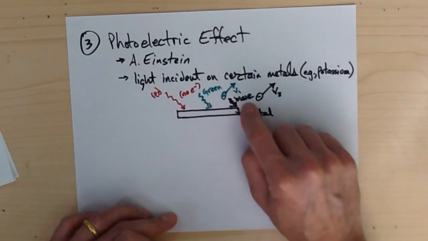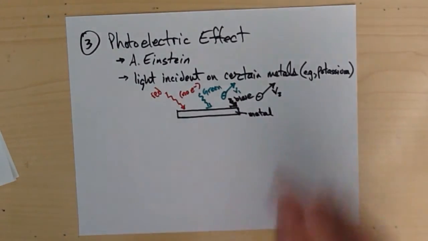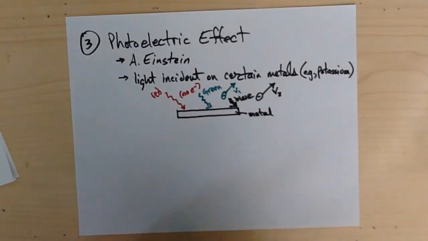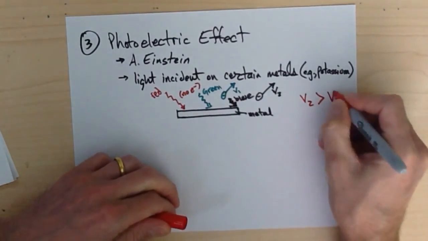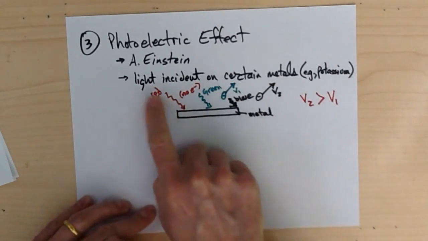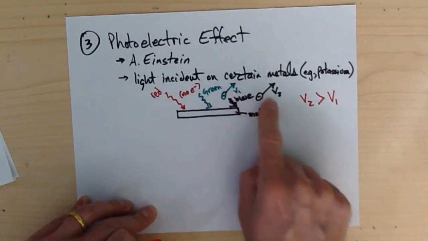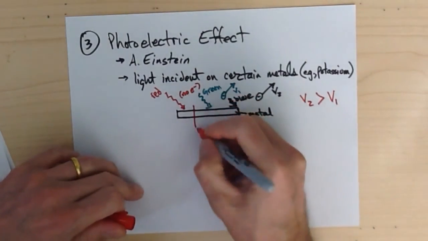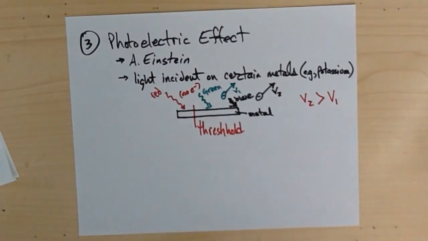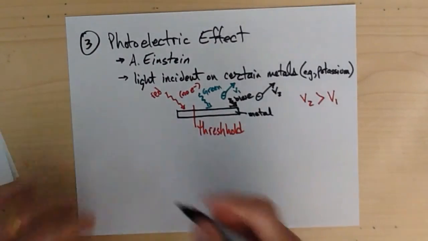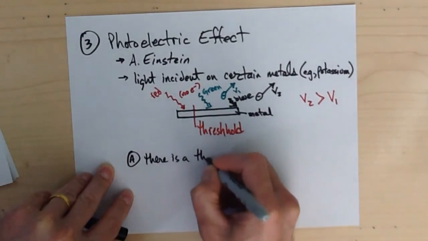And then lastly, if you keep increasing the frequency or lowering the wavelength, you can also continue to get electrons, and in this case, the kinetic energy or the velocity of the higher frequency light will be greater than the lower frequency light. All right, so I hope you see what I'm saying here is that the shorter the wavelength of light or the larger the frequency of light shining here, the more energy these electrons have. And there's this threshold. There's a threshold of what frequency will produce any electrons at all. All right, so there's two parts to this. There is a threshold,